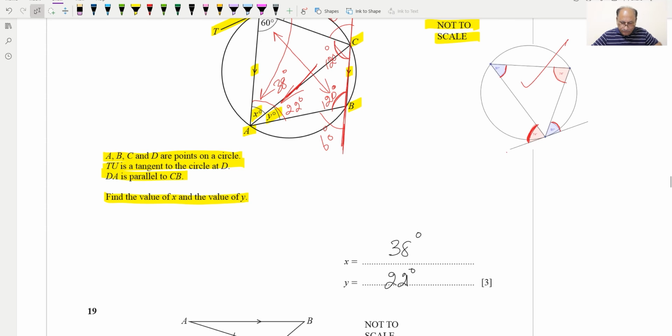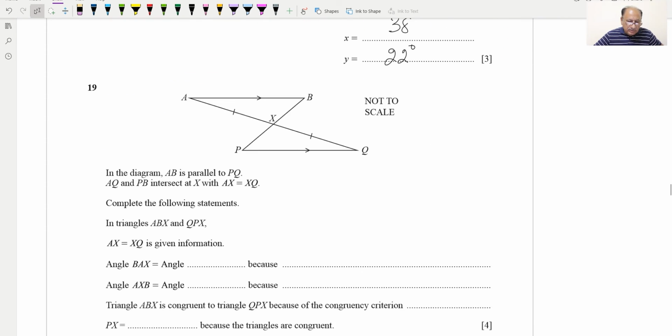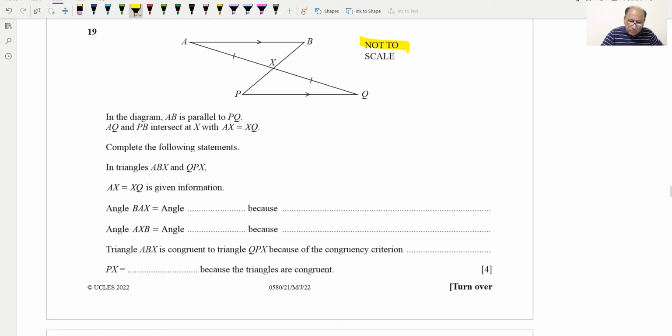Hopefully you understood this. Now this is question number 19, and the diagram is provided which is not to scale, and they're saying in the diagram AB is parallel to PQ. So this is parallel to this one. AQ and PB intersect at X, and AX is equal to XQ, so this length is equal to this length. Complete the following statement. In triangles ABX will be this one. So ABX and